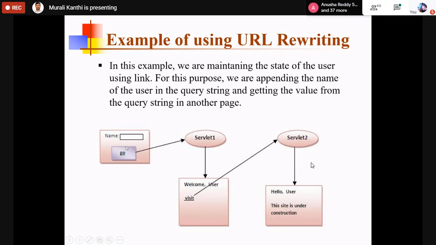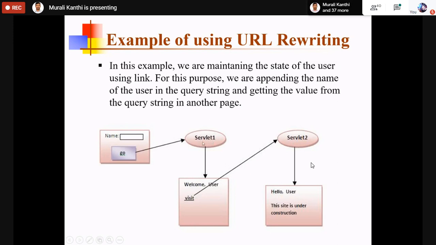Here some conversation happened between this form and servlet 1. The same conversation can be accessed by the other servlet 2. That means when it is redirected to another one with the help of session tracking, URL rewriting, or cookie or whatever it is, servlet 2 is able to get this conversation, whatever information was in the form submitted to servlet 1.